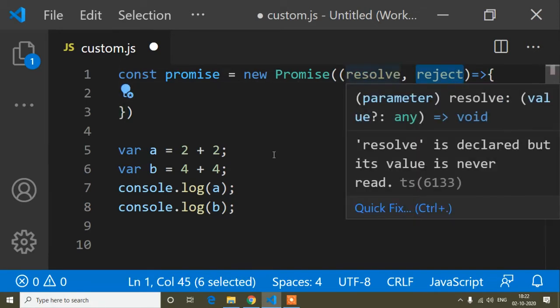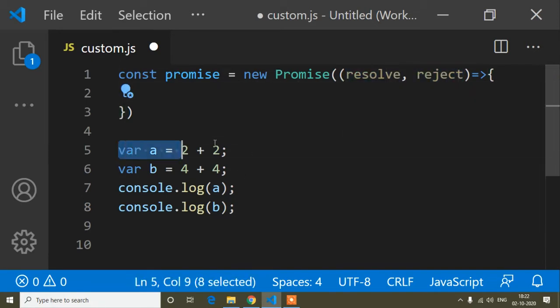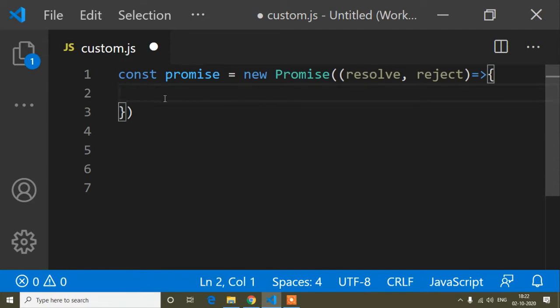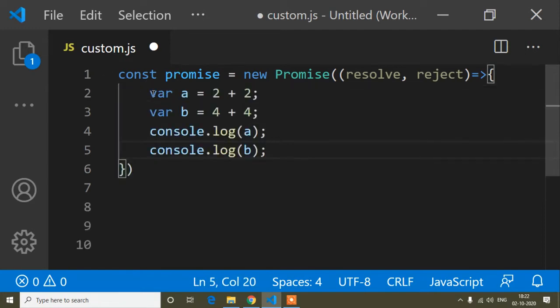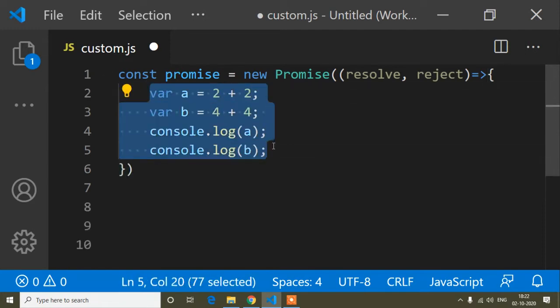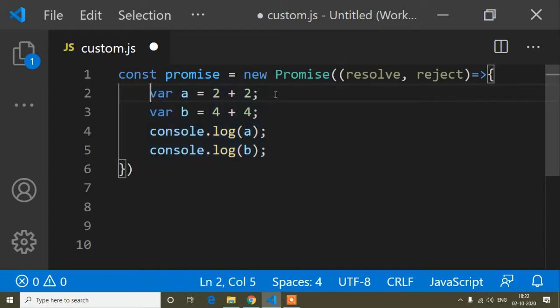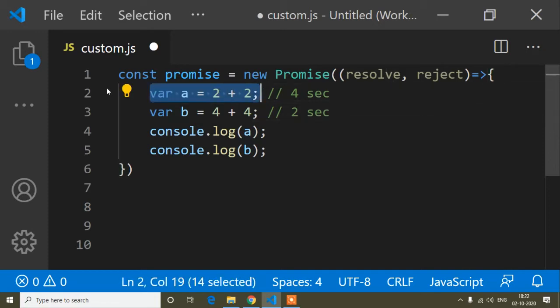Because suppose, guys, I copy these two functions from here and paste them here. Now this code is synchronous. Suppose this one takes 4 seconds, and this line of code takes 2 seconds.